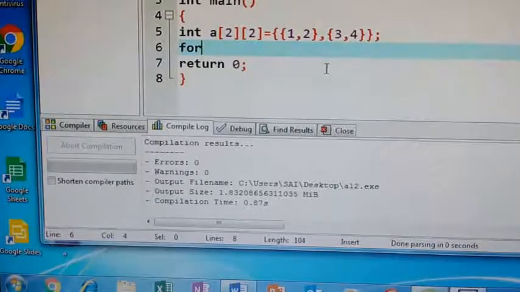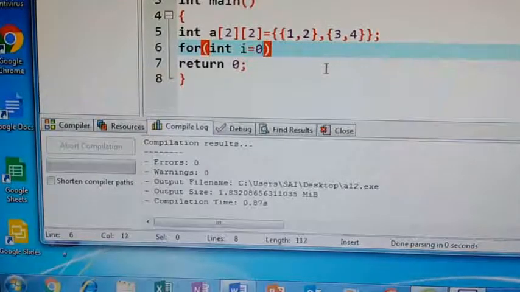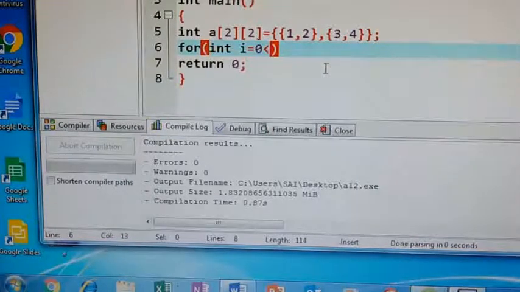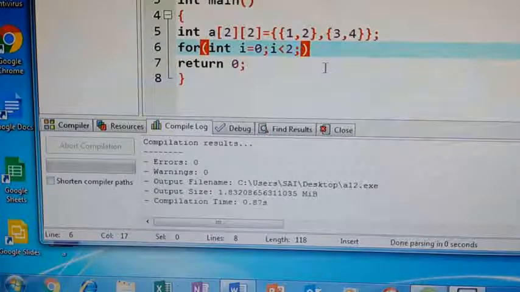For int i equals 0. Rows start from 0. Next i less than 2, because it starts from 0, no? Only 2 rows we have, so the second row number will be 1. That is why here I am giving i less than 2. Next i plus plus, incrementing.